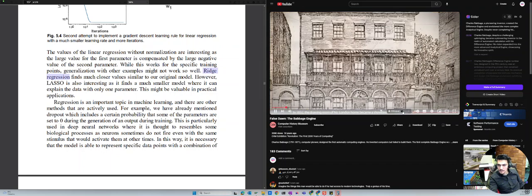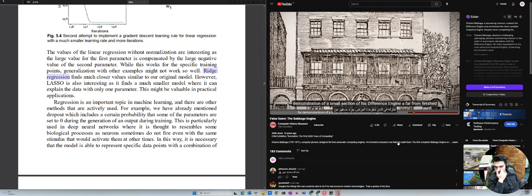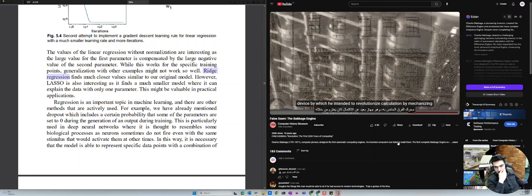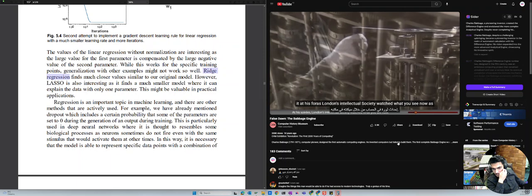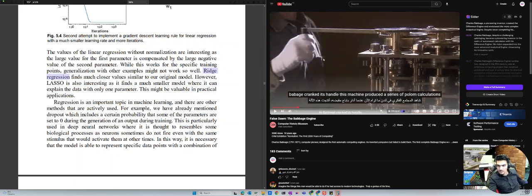In 1832, the drawing room of his London home became a showcase for demonstrations of a small section of his difference engine, a far from finished device by which he intended to revolutionize calculation by mechanizing it. At his soirees, London's intellectual society watched what you see now, as Babbage cranked